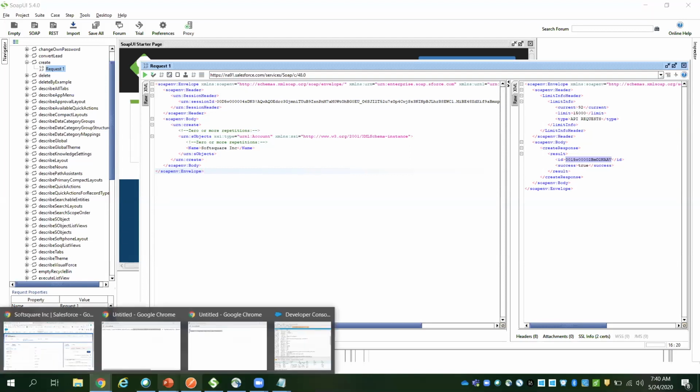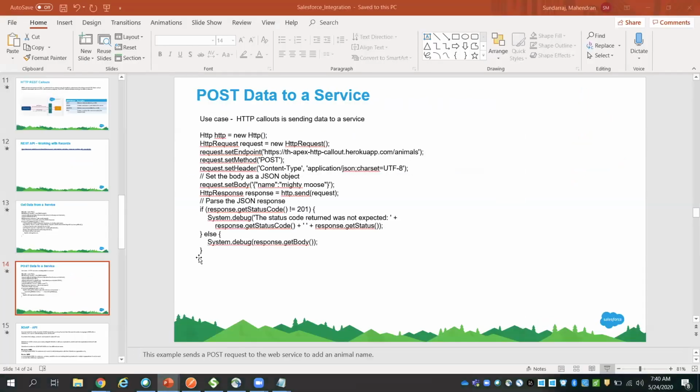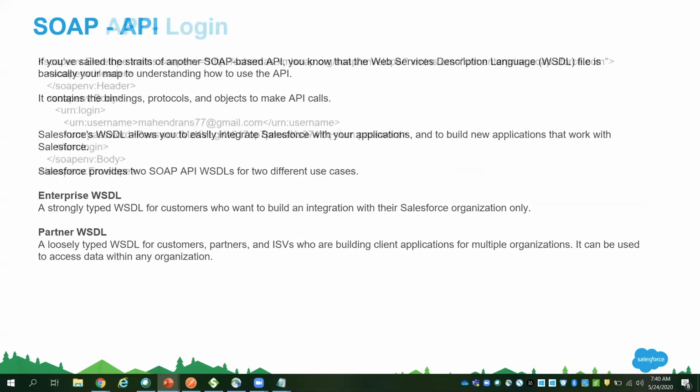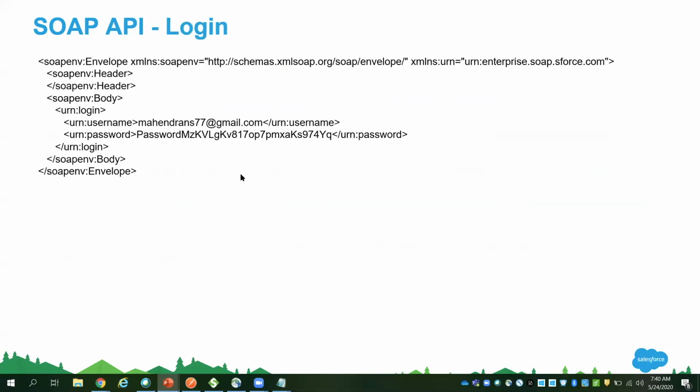Okay. So we have seen two small examples in REST and SOAP API. Here, along with the password, you want to pass the API token. I passed it as a suffix. Sometimes it will be your access token as well.